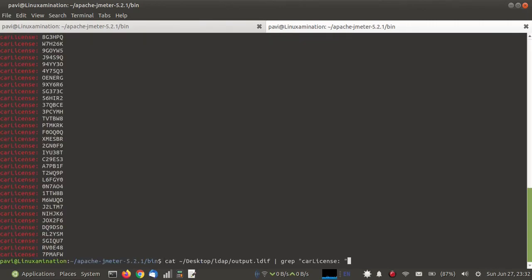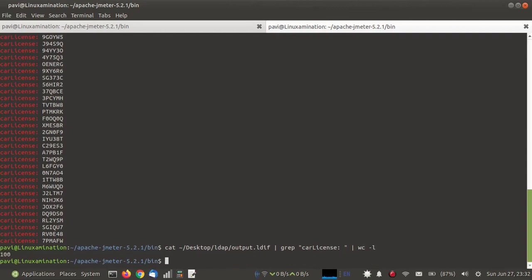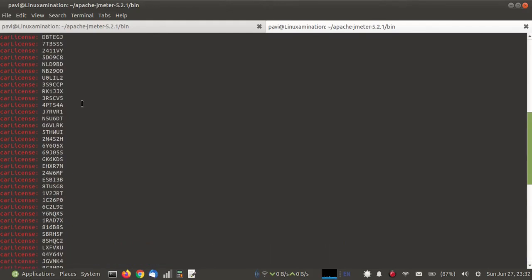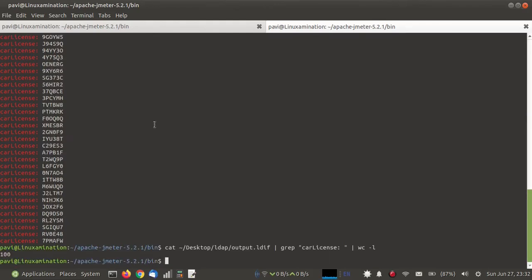So this is the car license entry. I need to check if it is 100 or not. Yeah, these are 100 entries. So I need to add another column, car license, in the modified file.